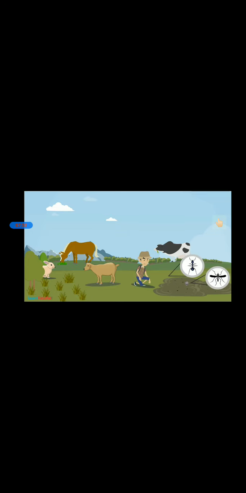Amoeba, we can easily see animals like cow, goat, horse, rabbit. It takes some efforts to see animals like ants, mosquitoes. There are some organisms which we cannot see with only eyes. We need special instrument called microscope to view them. These organisms